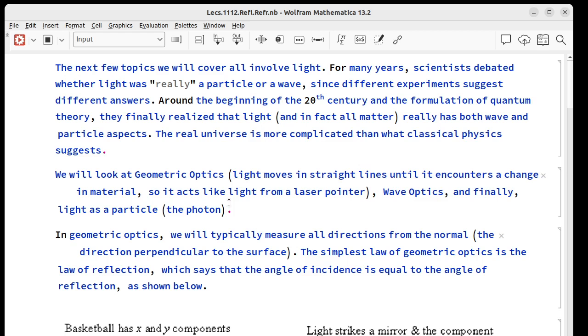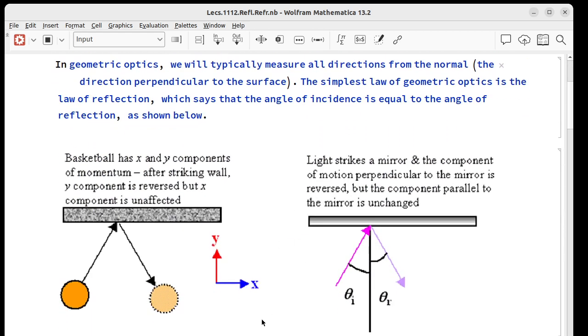We first look at geometric optics, which is where light moves in straight lines until it encounters some kind of change in material, and that's pretty much what light from a laser pointer will do. Then wave optics, and then finally light as a particle, or a photon. So in geometric optics, the way we measure directions is from the normal, and remember that means perpendicular to the surface. The simplest rule in geometric optics is the law of reflection, which just says the angle of incidence equals